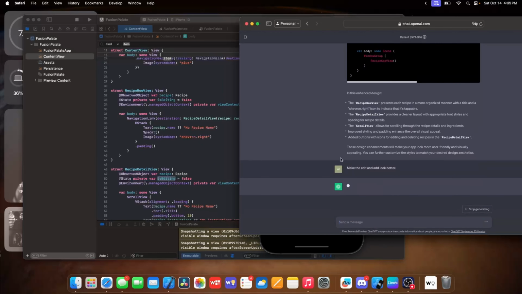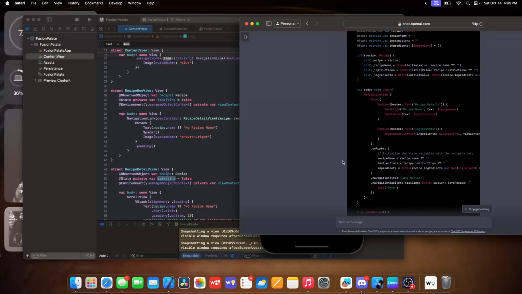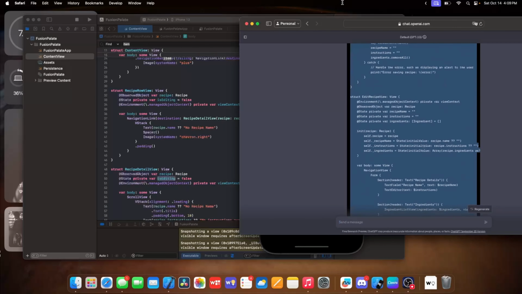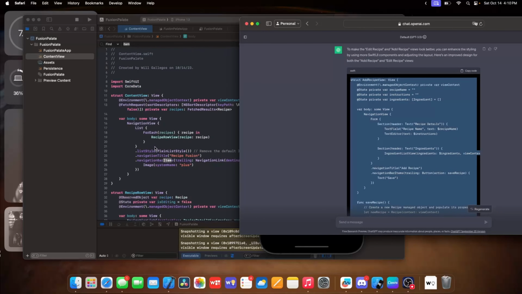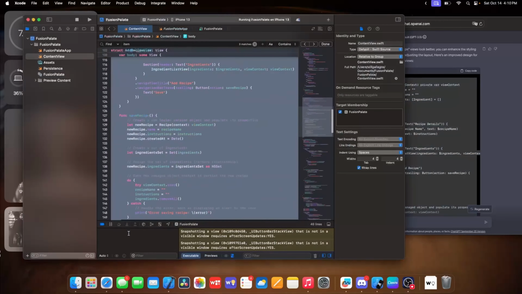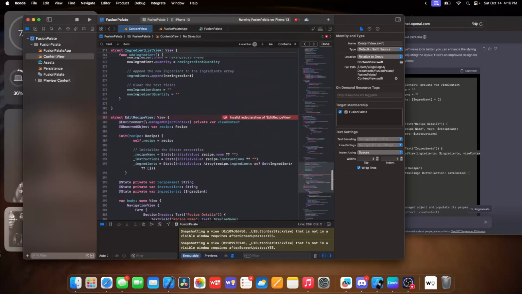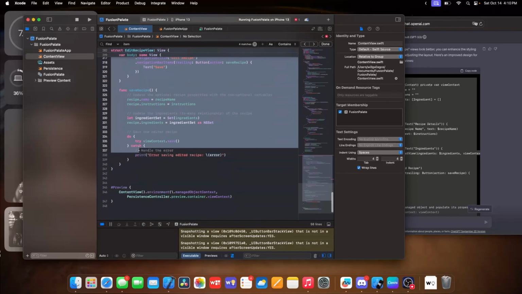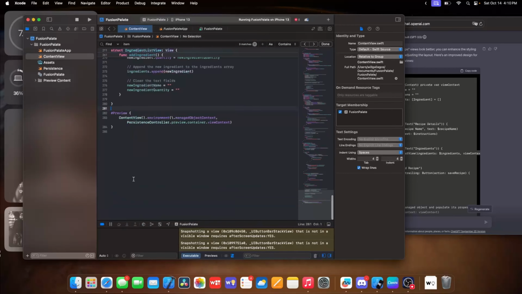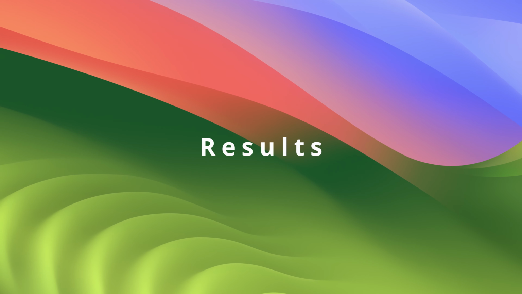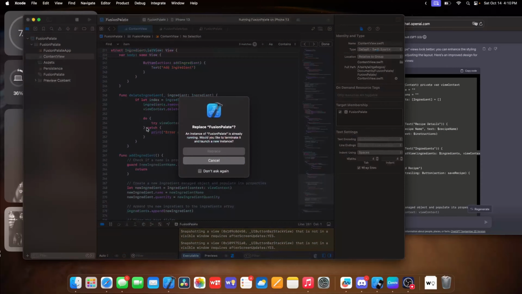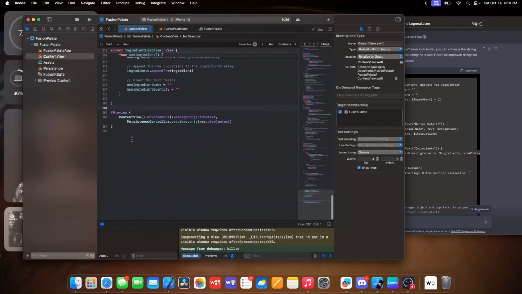Alright, so now it should give us a new edit and add view, and yep, it gave us everything. So let me just go up into here, copy all this code, and I just do not want to copy the bottom. Alright, so add ingredients, okay, edit recipe view. Alright, so here's our edit recipe view, let's just delete that. And now, this is our entire contents of our app. Let's see what it looks like now,